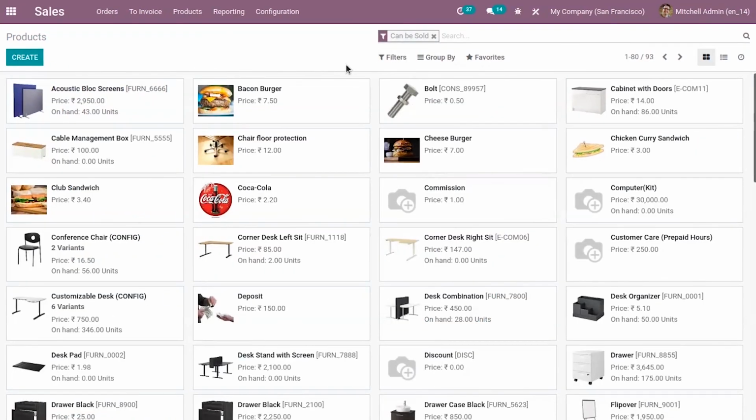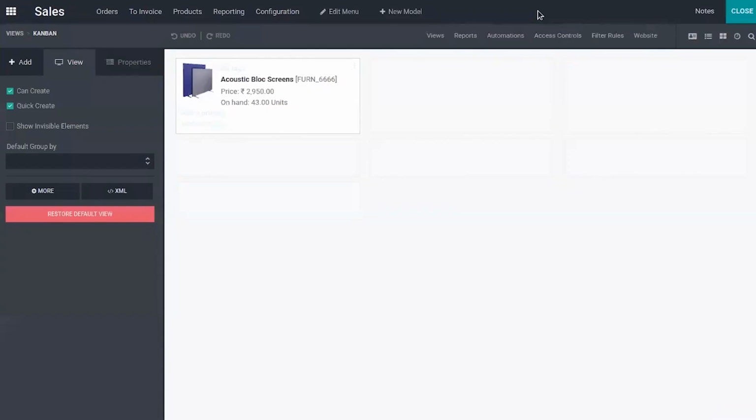Okay. Now let's go to Studio and customize the group by option to add a new group.